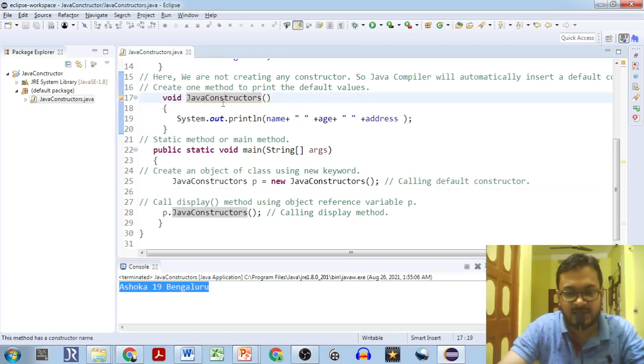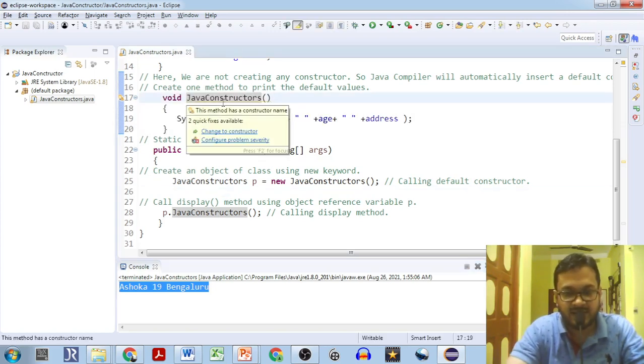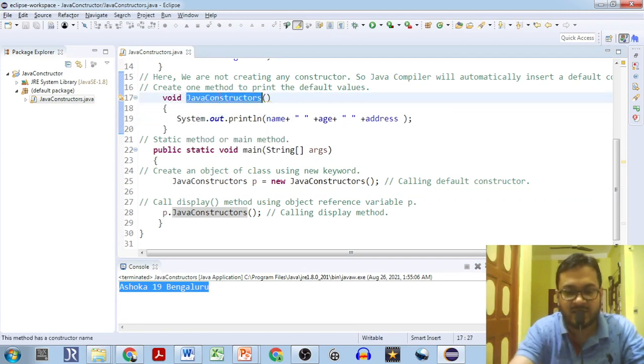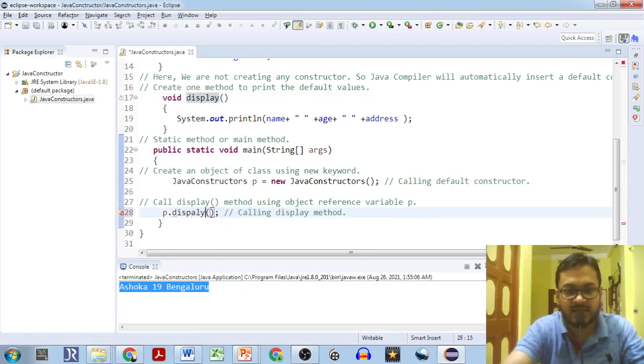Yes, it's very interesting, but don't do that. It's not a standard way of writing a Java method. A Java method's name should never be the name of a Java class. It's not a good way of naming it. Rather, we'll give some other name, like I have given the name over here right now, before display. That's a standard way. Never give the method's name as the name of the class. It will be confusing for you or some other coder who sees your code.